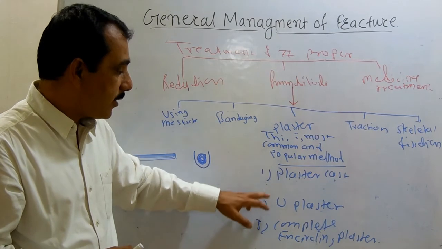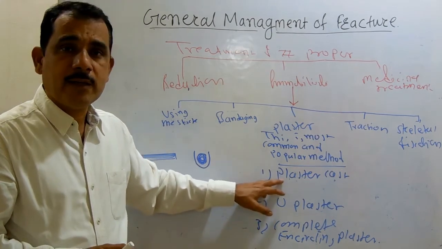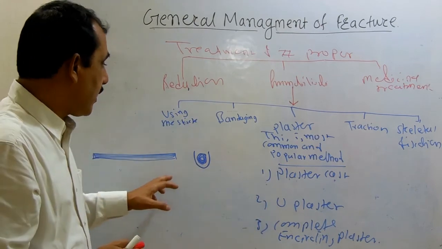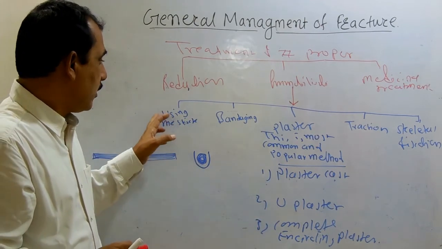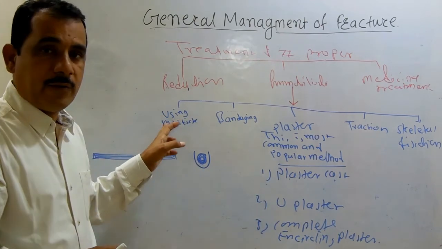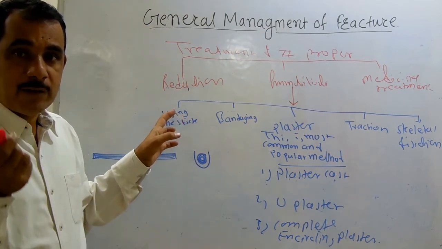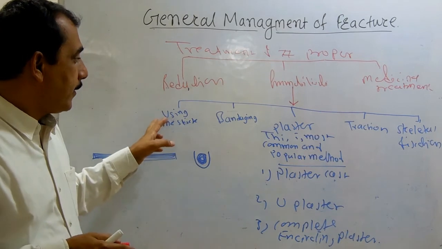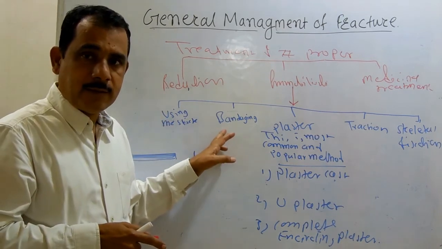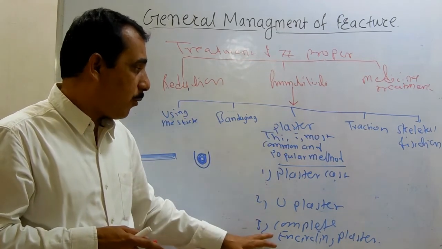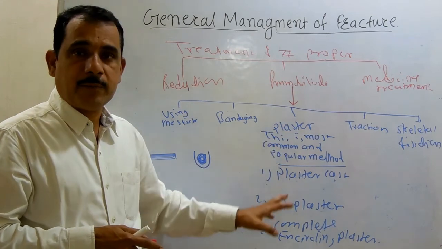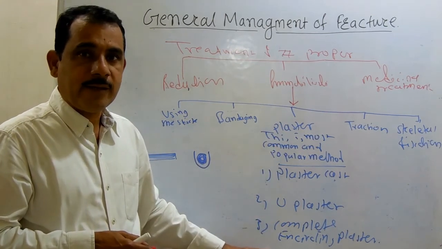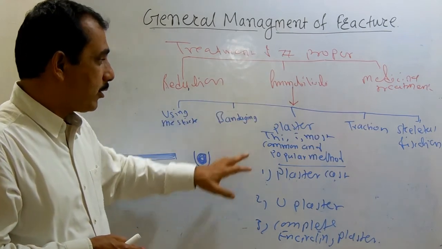So in such cases, the other plasters above are used, but their disadvantage is that they don't give rigid immobilization. So these are the three methods. First, using the stick, which is an outdated method, but you should remember it, it will help you in your practice. Then bandaging, and the most popular, most commonly used method is plastering. Any kind of this plaster can be used. Do you understand? So these are the three methods of immobilization.